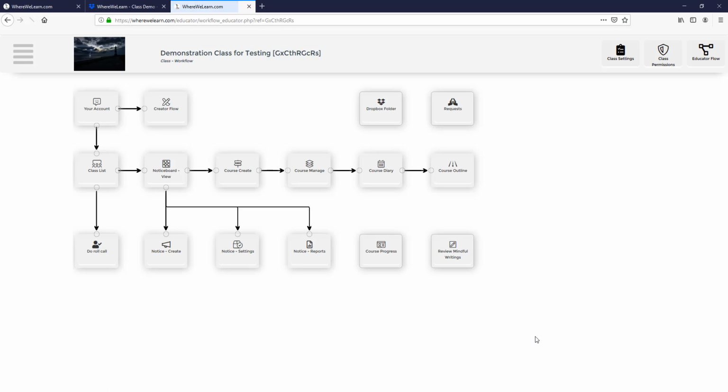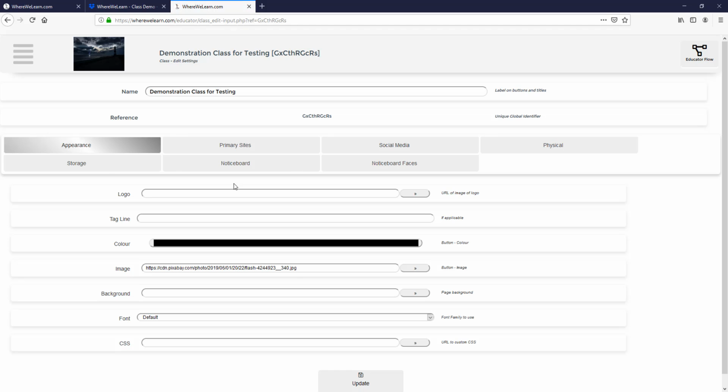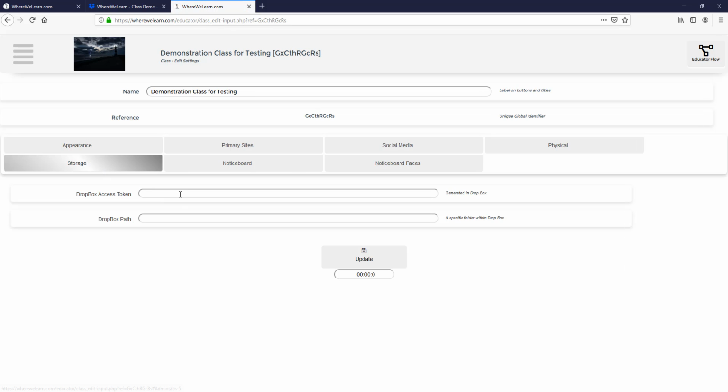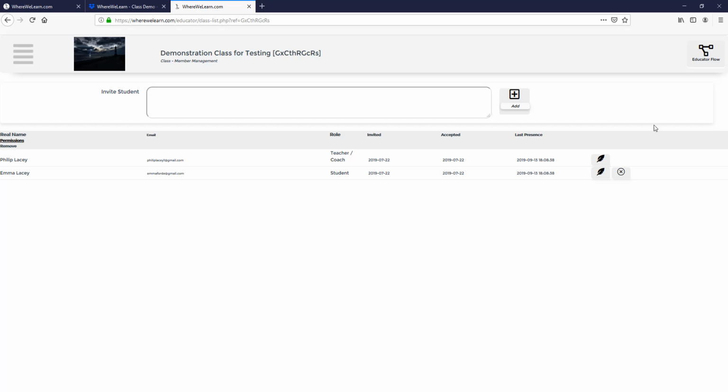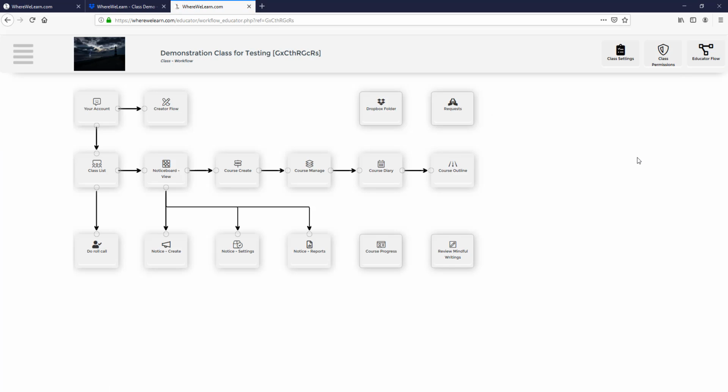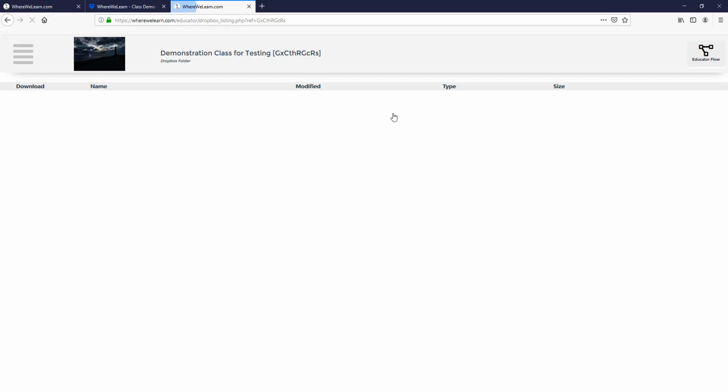So I go into school, make sure the school's right, educator flow. Now using the class settings, I'm looking for the storage tab, and I drop in my access token. Simple as that. Once we've now saved it, this allows WhereWeLearn to go into that folder. So we go back to the educator flow, we choose Dropbox folder, and now, as you can see, there's nothing